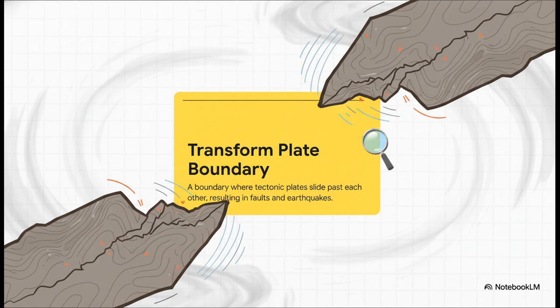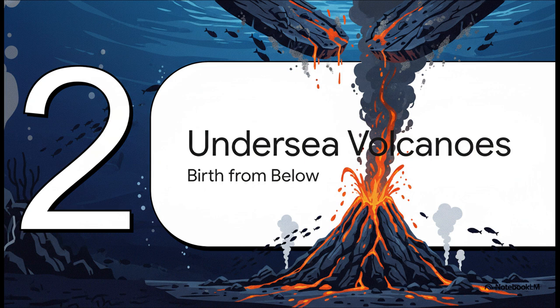So, to boil it down for your exam answer, it's pretty straightforward. A transform plate boundary is where plates slide horizontally past one another. And the key result of that? You get fault lines, and all that stored up energy gets released as earthquakes. Simple as that. Now, while transform boundaries are all about that destructive energy, other plate interactions are actually incredible forces